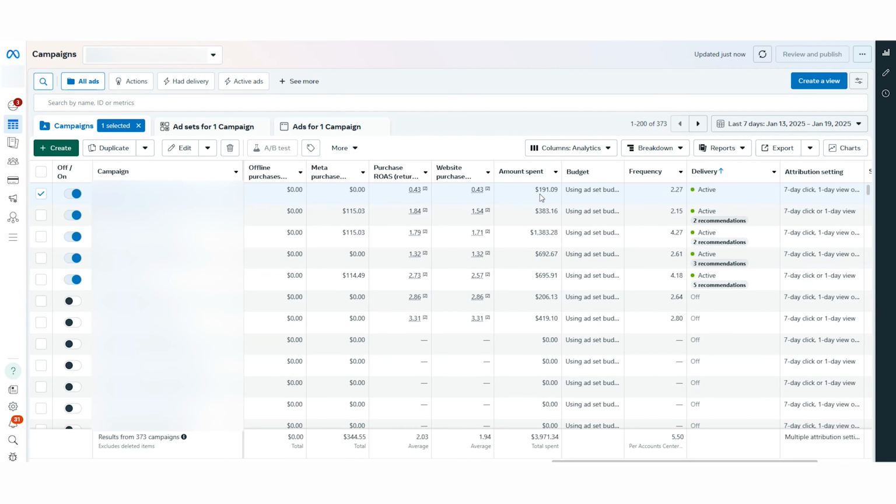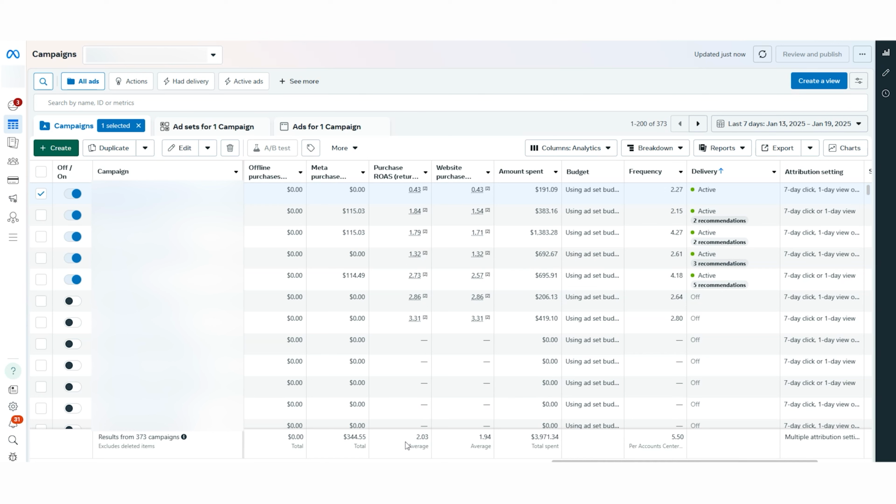Okay, so we continue with optimization. It's another day. Today it's Monday, 20th of January. So I'm gonna go in some of the accounts and see. In this account, we're seeing a drop. Now, a little bit of context about this period. This period is a period that we're seeing lower results.